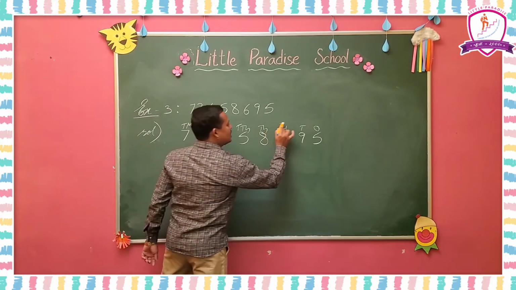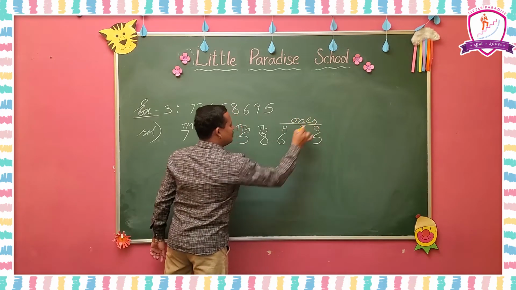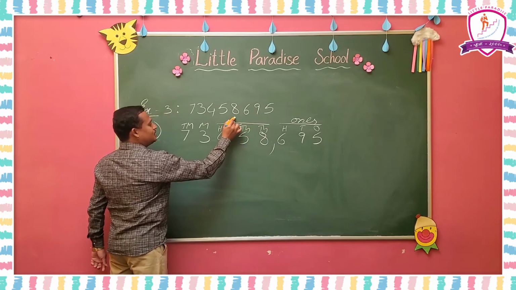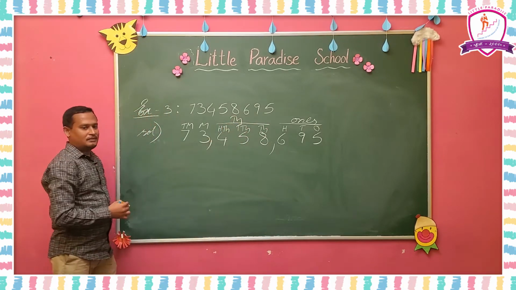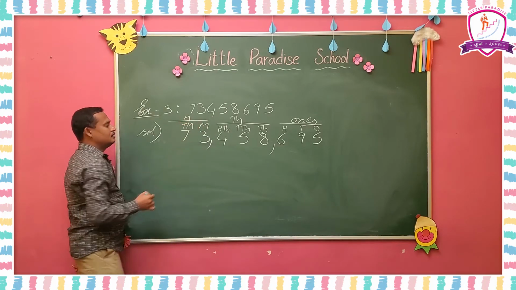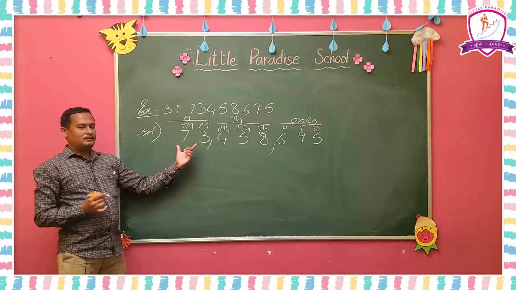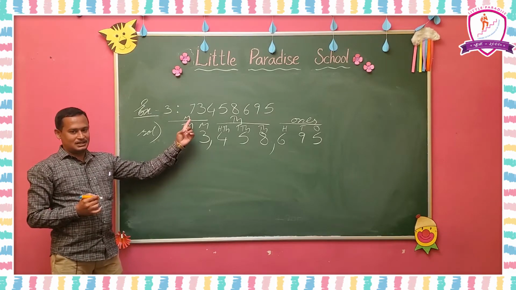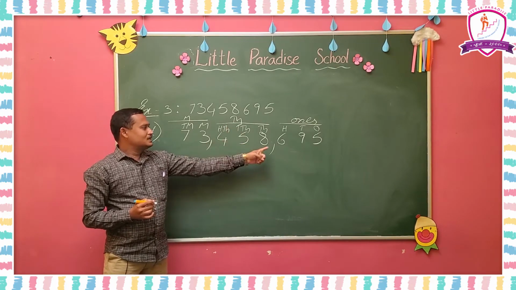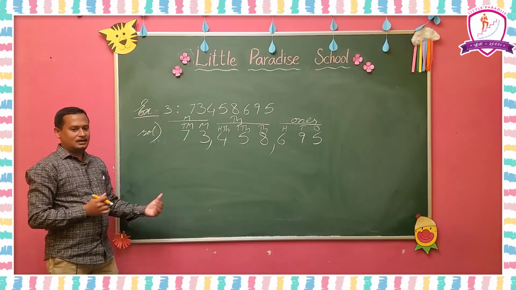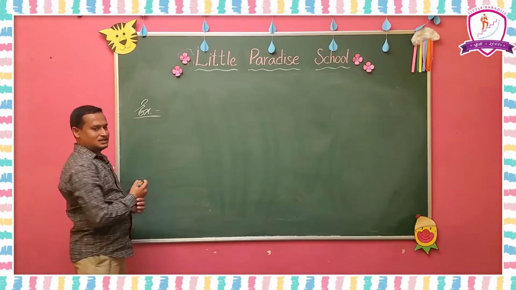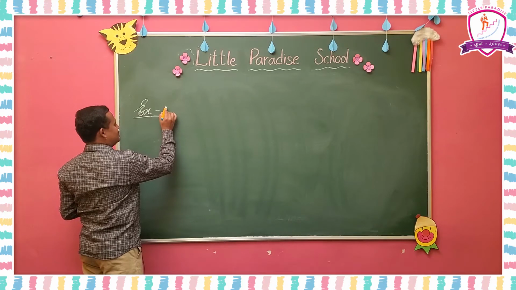Here ones, tens, hundreds will become the ones period, followed by a comma. Thousands, 10,000s, 100,000s will be the thousands period, followed by a comma, and millions and 10 millions are in the millions period. Here, how many millions are there? 73 millions, 458,695. You have to write the number name for this like that. Understood? Okay.